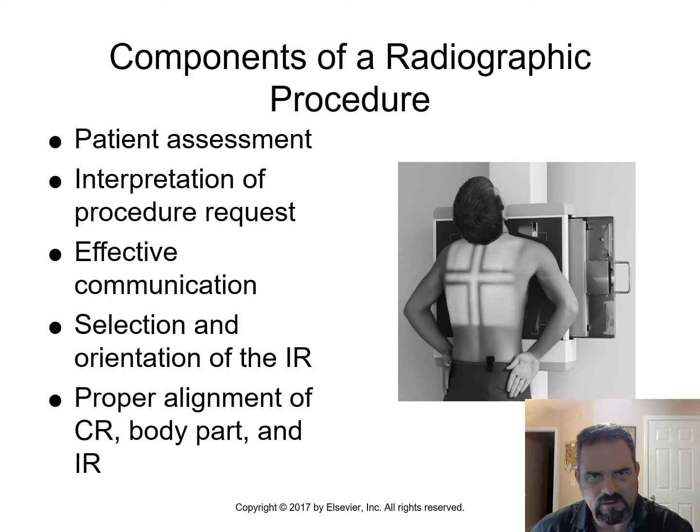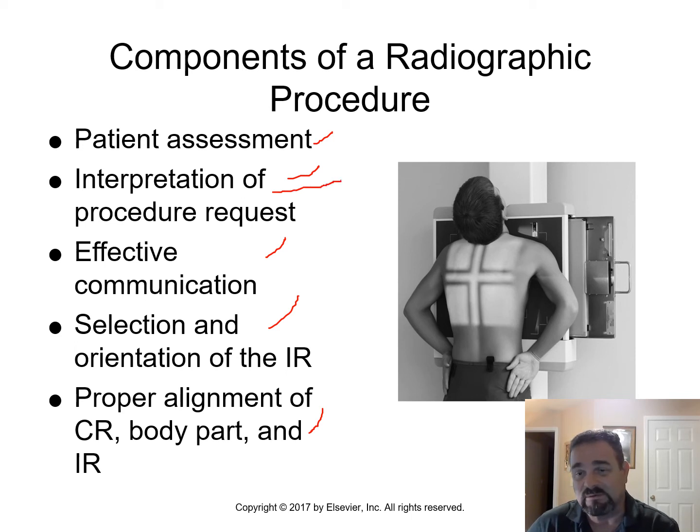All right, here we go. Components of radiographic procedure: patient assessment, interpretation of the procedure request, effective communication, selection and orientation of the IR, proper alignment of the CR and the body part and the IR. All right, folks, we need to assess our patients. We need to talk to our patients. We need to get their permission. We need to understand what the image is that's being requested by the practitioner,